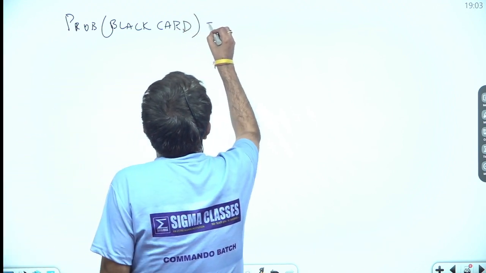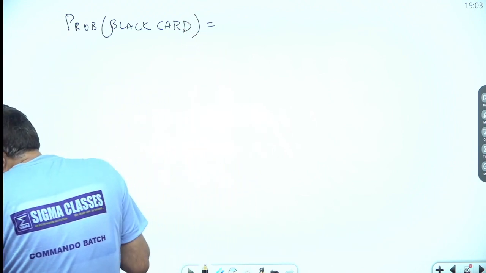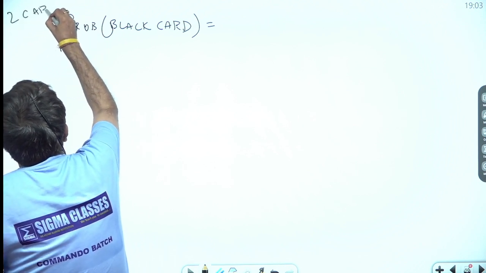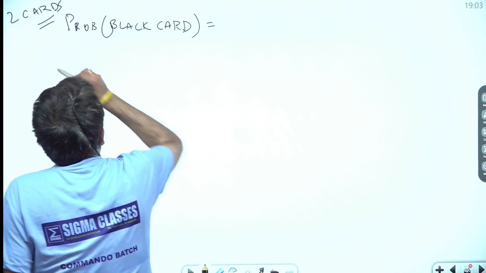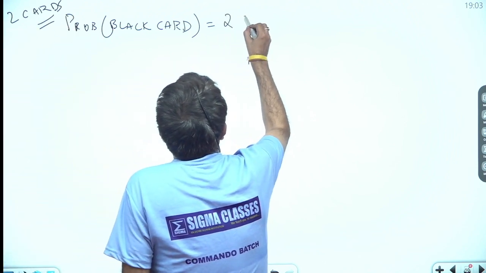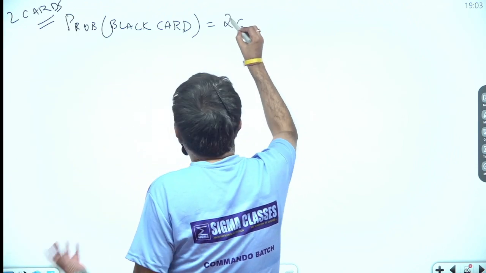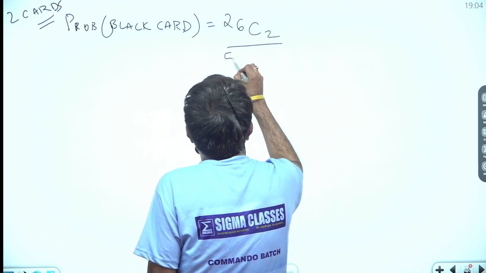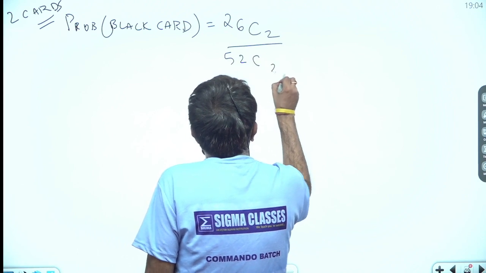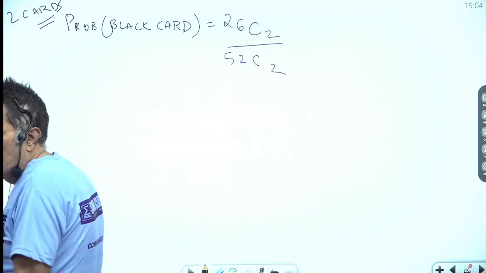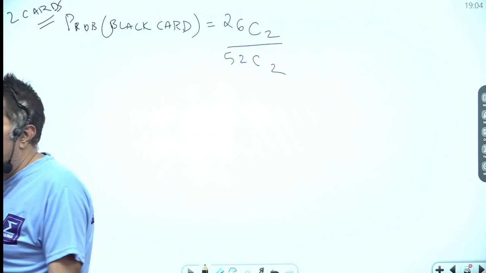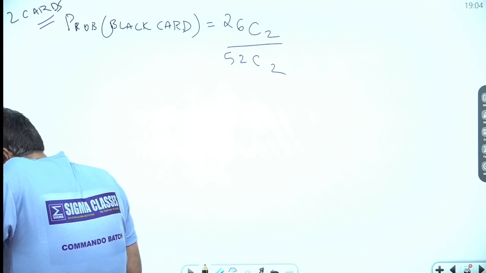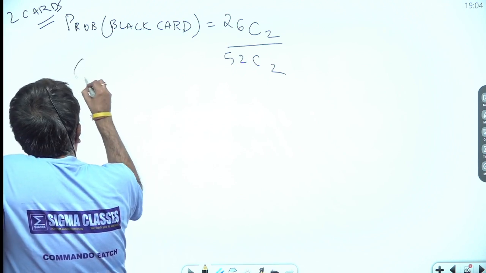Now, how do you get black cards and you are drawing 2 cards? 26C2 is the total number, divided by 52C2, because 52 is the total number of cards and you are drawing 2 cards, so black card is easily there. What is the probability that you get a